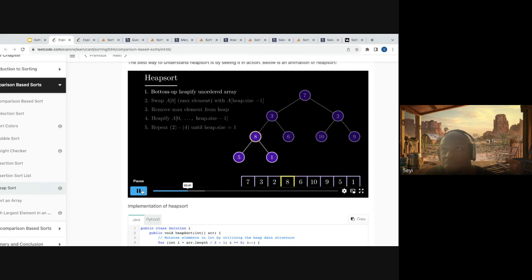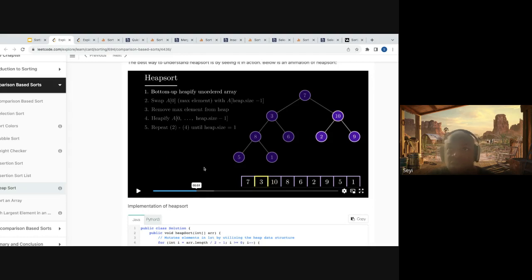Now we continue to 2. When we get to 2, right? 10 and 9 are heaps in themselves. So we merge them together by picking the biggest value and putting it up. And then we take 10 and put it up. And then if we had children, we have to move 2 down to the respective position. So we have that. We go to 3.